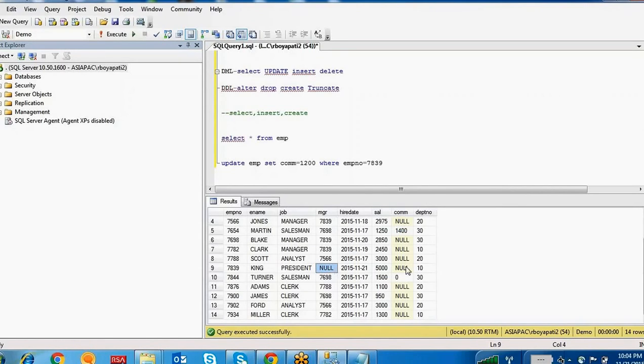If at a time you want to update two columns, how can you update? You just put a comma, and then the column you are going to update: manager number. This is the manager number.